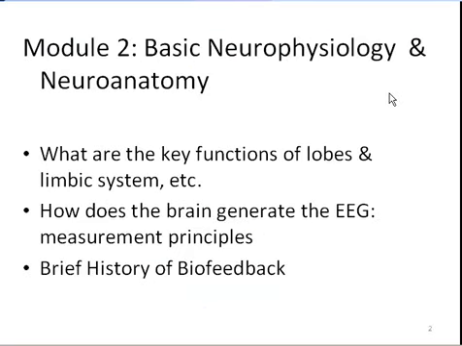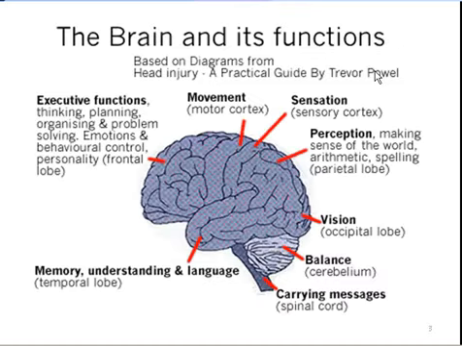Module number 2 consists of basic neurophysiology and neuroanatomy. It covers topics such as key functions of lobes and the limbic system. It answers such questions as how does the brain generate the EEG, and provides us with a brief history of biofeedback. If we consider the brain and its functions according to lobes, we can see here are the frontal lobes,